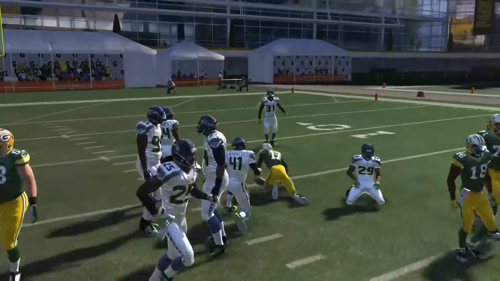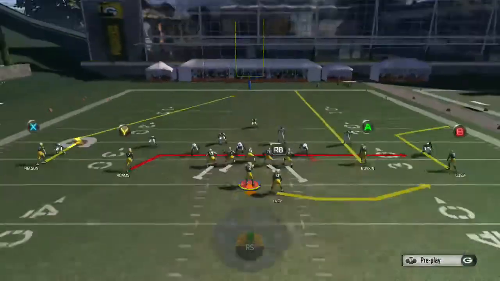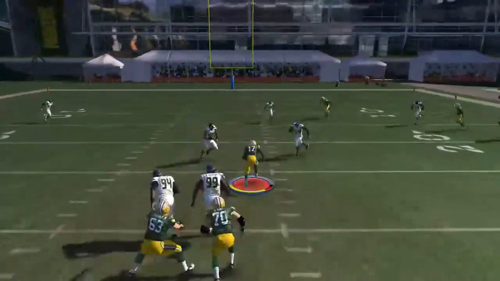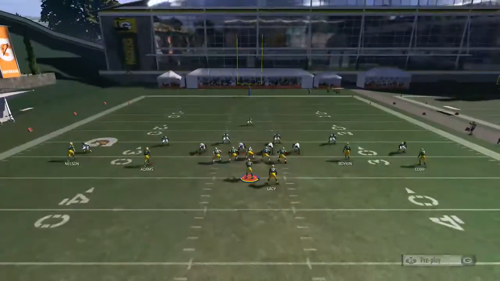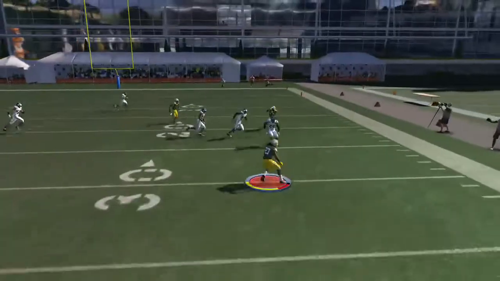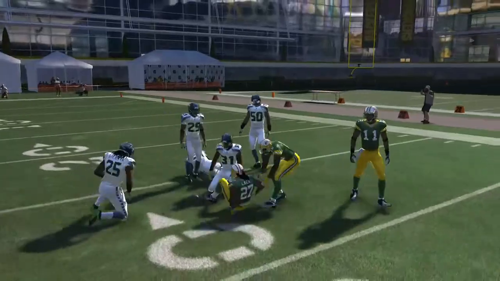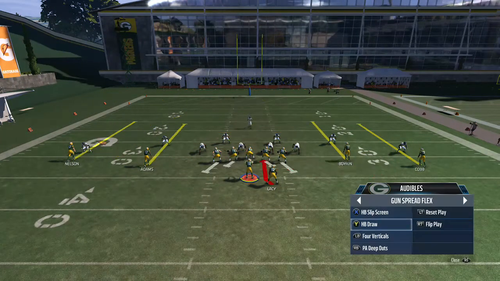You want to let them turn upfield themselves from any type of curl route, any type of route that stops and looks at the quarterback. Just let them get upfield themselves. You're going to save yourself a lot of grief by doing that. So you can still throw this route when you put A on the streak. It's still very effective. Then you also give yourself the option to attack the short flat with the RB. This is just a really phenomenal play. You can attack all parts of the field except for the deep middle,